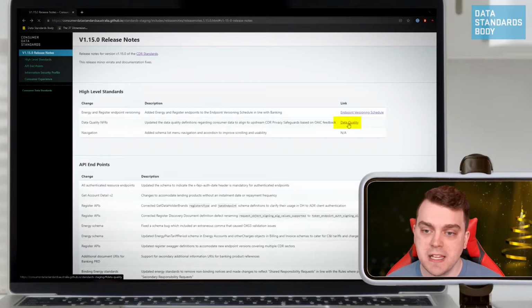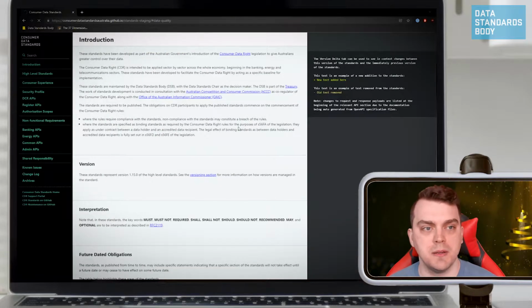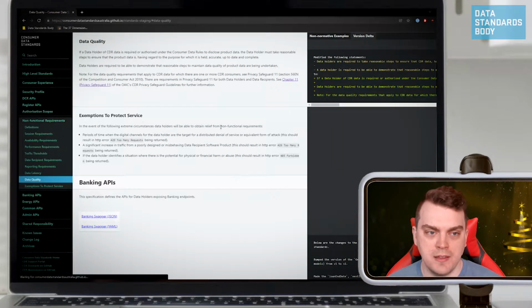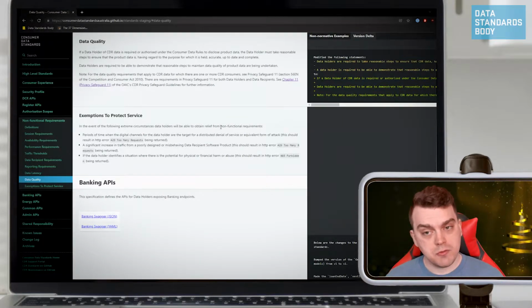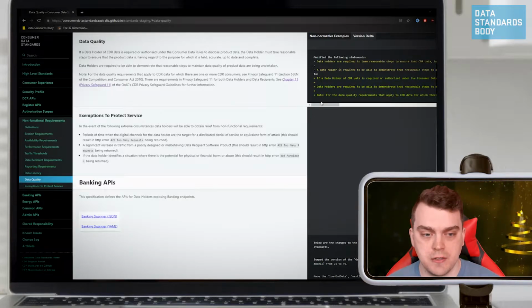So we can see this change. Again, you hit this link, jump through. Takes a minute to find its little anchor. There we go. And pops up. Now this is a great first step on looking at the version delta, and you can see that on the